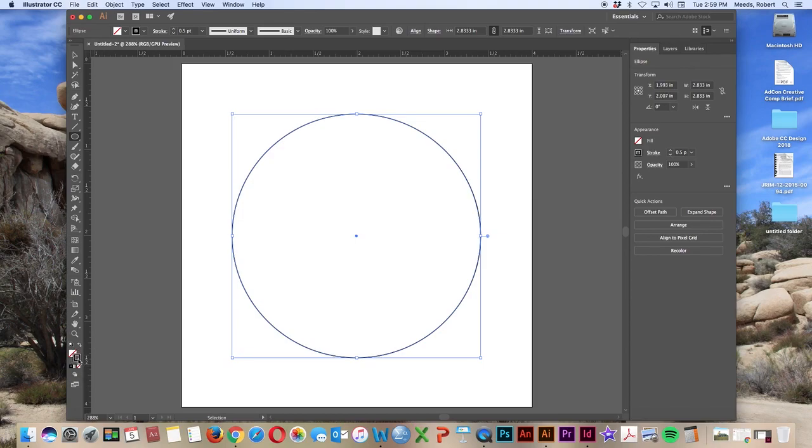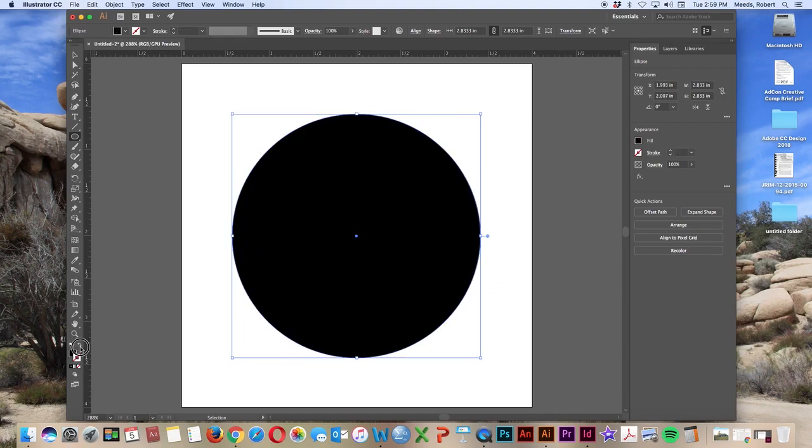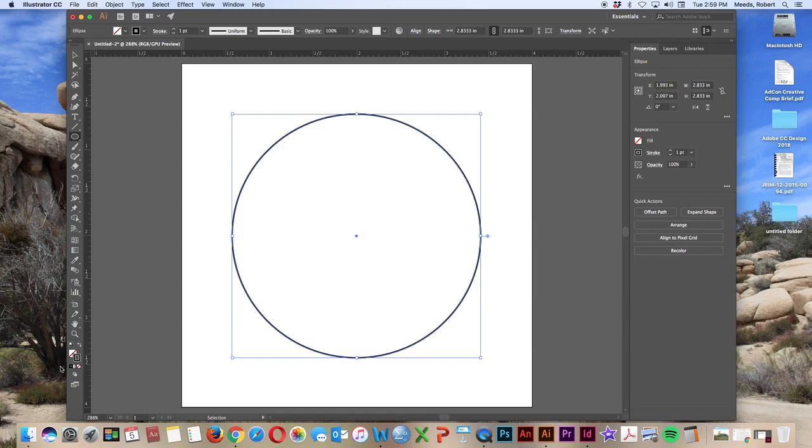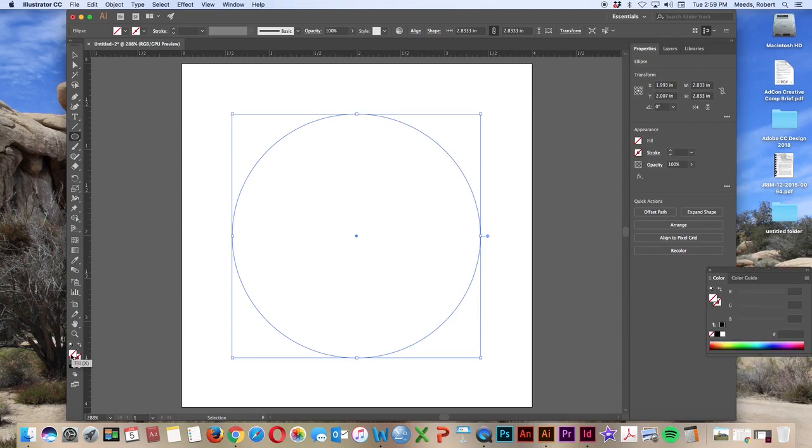If I click, the one on the lower right is for the stroke, the one on the upper left is for the fill. I can toggle those back and forth, or I can just select from these options in here. So if I want no stroke, I click there. Now if I want fill, what I want to do is click on that fill square to bring it to the front. And then now I can